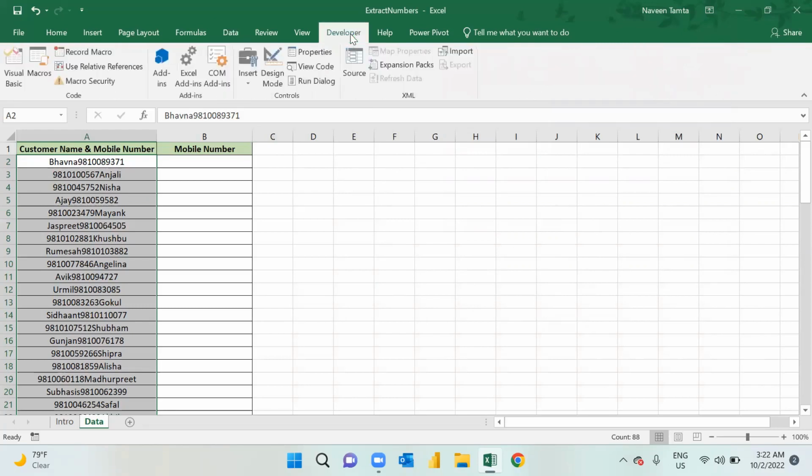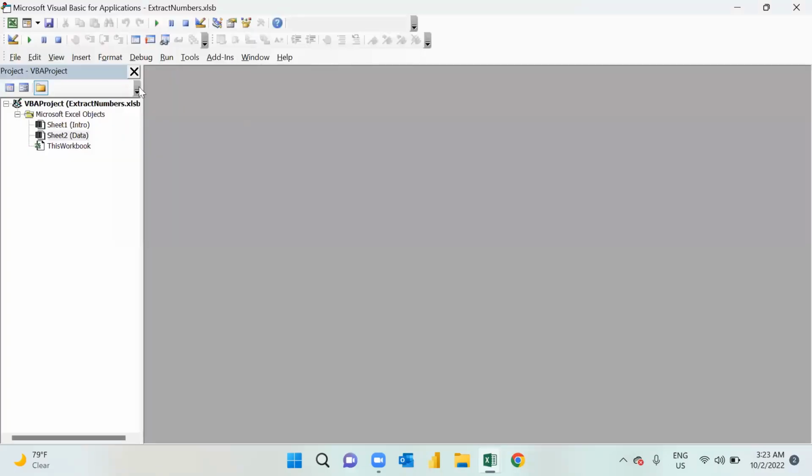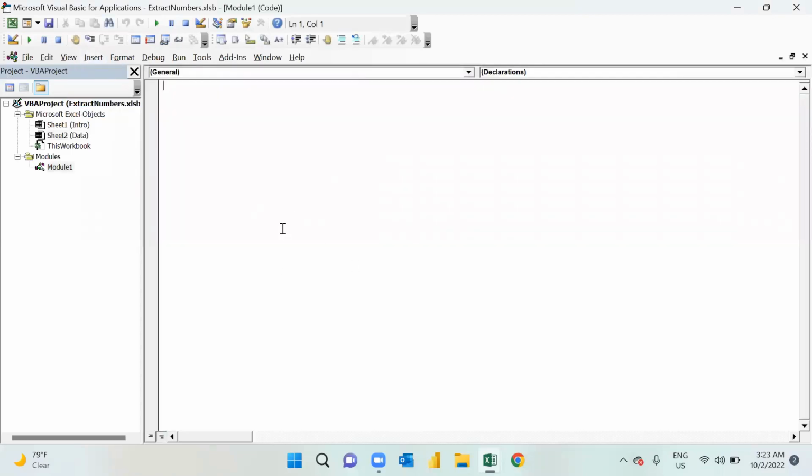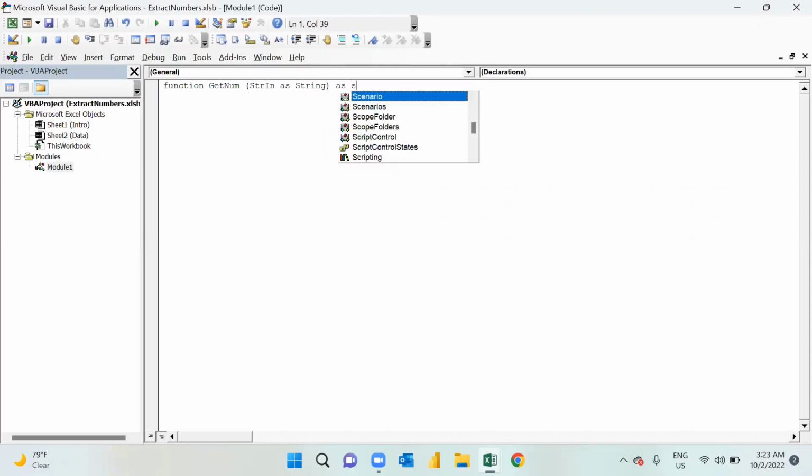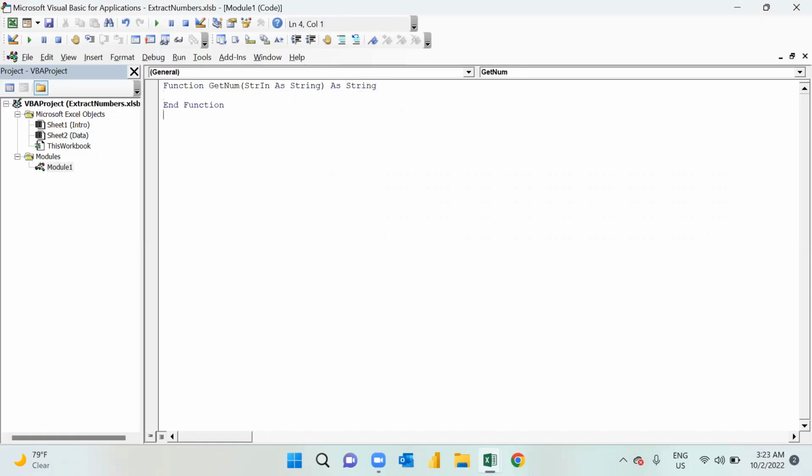First of all, I have gone to the developer tab, then Visual Basic. Here I am inserting one module, and I am writing my script here, which is Function GetNum. After GetNum, I am starting my parenthesis and taking one variable, StrIn as String, closing this and passing the return type as String. Now I am saying